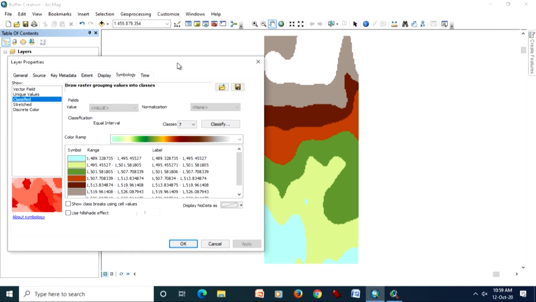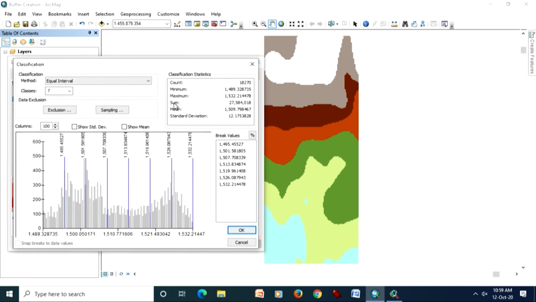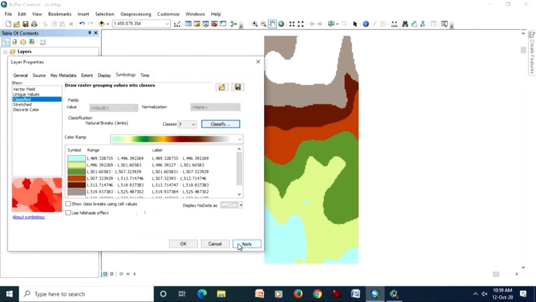Now, if I change my classification method, instead of equal interval, I say I want natural breaks. In this exercise I will keep all classes at 7, total number of classes to divide in 7, and then say OK. And when we say apply, let us see what changes it brings. Here you have to focus on this part.